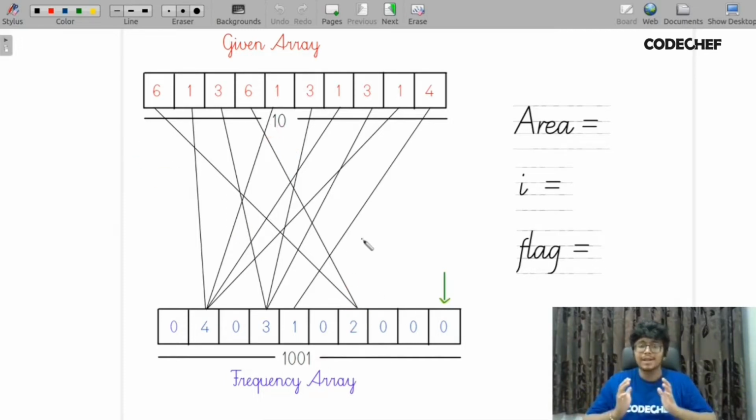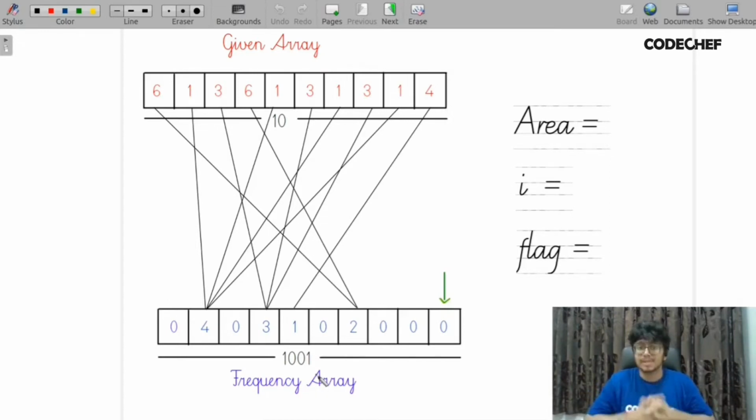I will find how many times a stick with length x has occurred in my array, right? Here the length x is 6, so I'm going to see how many sticks with length 6 I have. And how do I put it in my frequency array? Now first question is, why this 1001? Basically, if you see the constraints, the maximum length a particular stick can have is 10 to the power 3, right? And that is the reason I've taken this array size. Why? Because I'm going to map the length of the stick to the particular index where we are storing it